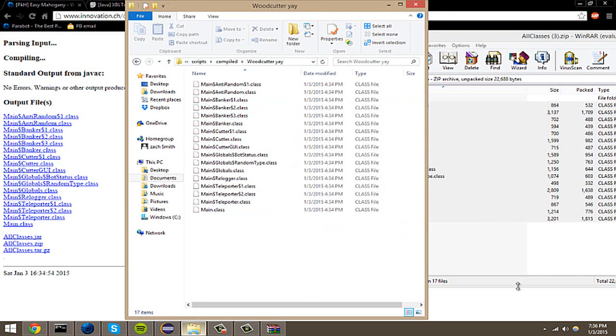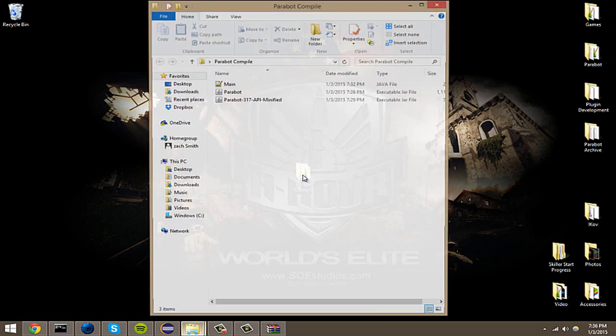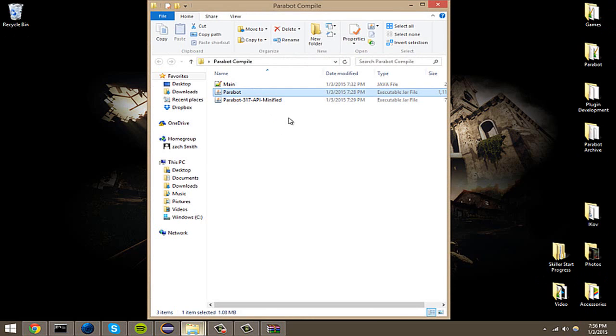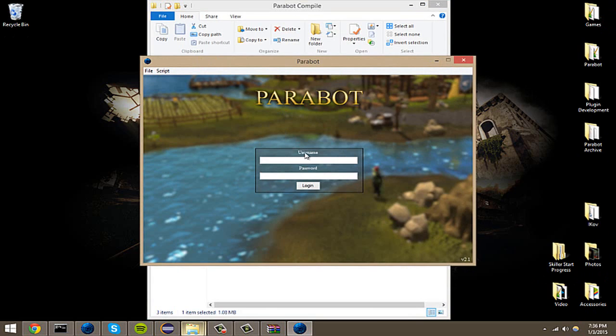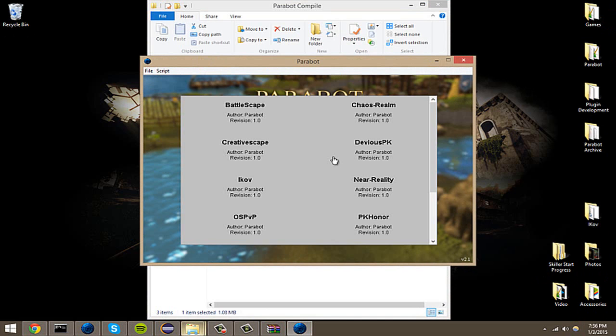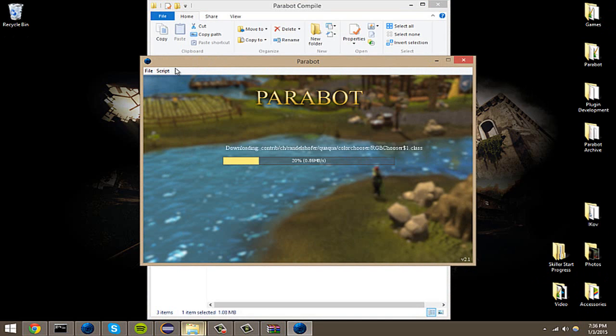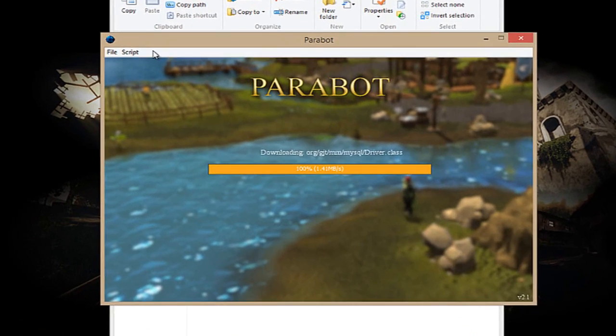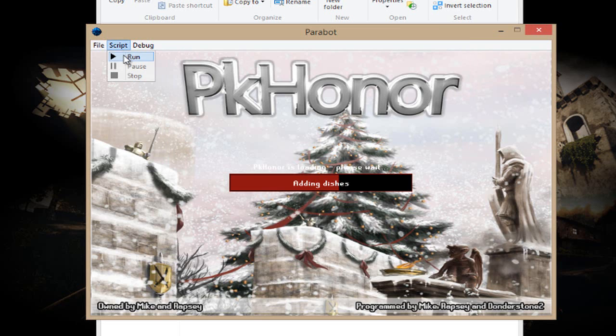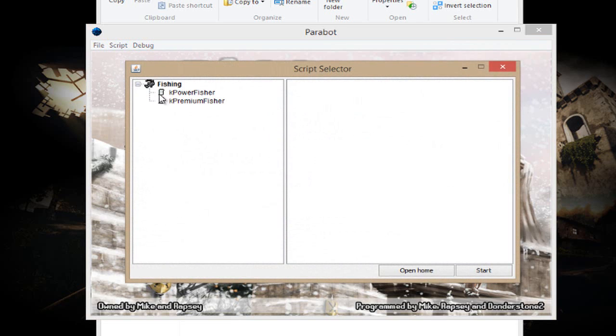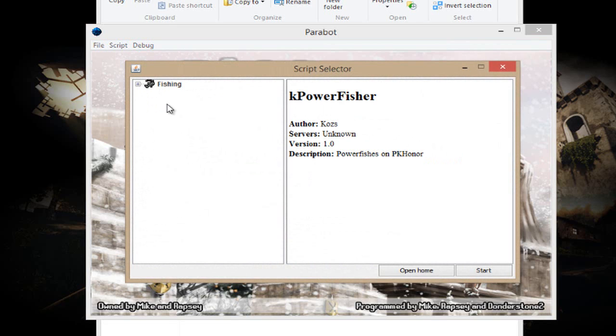And now if I run Parabot, you'll notice that, oops, fix my keyboard. You'll notice that it's not on there. And the reason for that, which is a common error for a lot of people, is you'll have the scripts that you added to your BDN, but you won't have the script that you just spent X amount